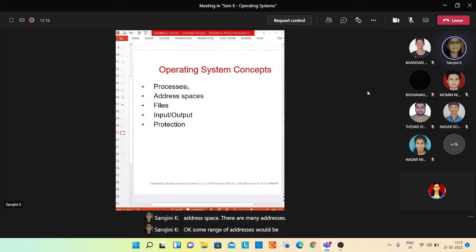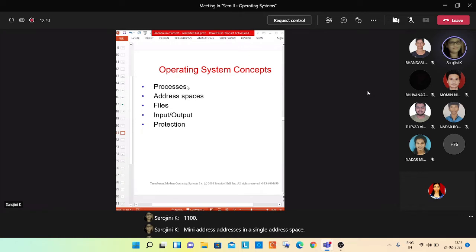For example, 1000 to 1100. Here, 1000 and 1100 are binary numbers. Don't think that they are decimal. So many addresses in a single address space.